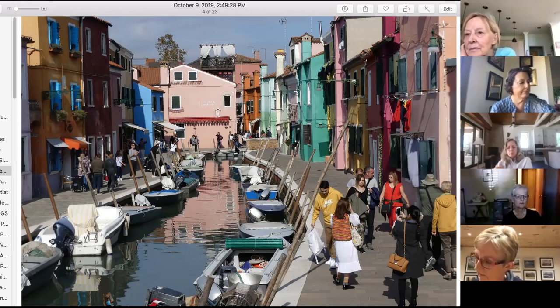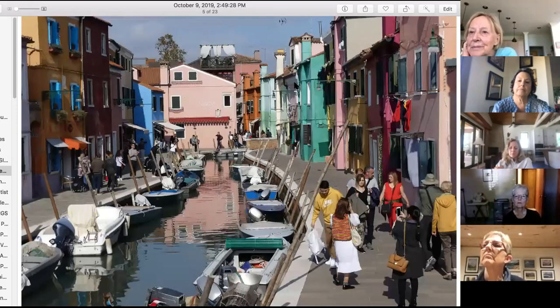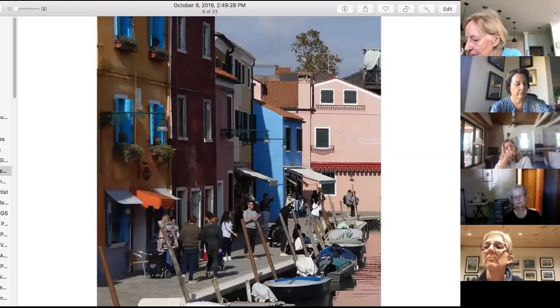But getting back to this image, there are a whole bunch of paintings in here that I see. For instance, look at that. You know, looking for simpler shapes. That's way back in this area here. So if you wanted to, you could crop in and this becomes about these chimneys. Look at all these different shapes and colors of chimneys. It's very interesting. This piece becomes a little bit more about this thoroughfare right here,